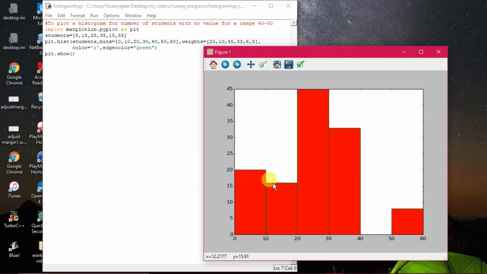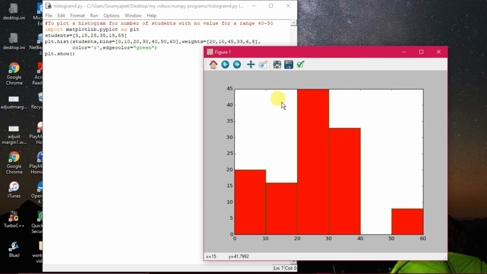Because 15 is given twice in the argument, both the values have been added, and here it has become blank, and here the total of 16 has been added, meaning that both the numbers have been added over there. 10 plus 6 is 16. So in this way you can drop a range, and the respective counts may be added to another range if given, and the histogram will be formed. So in this way we can modify the histogram.